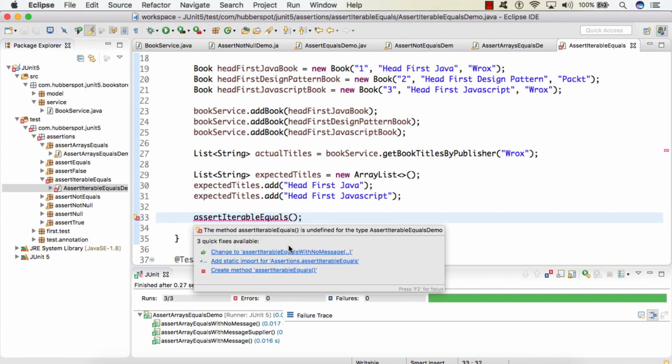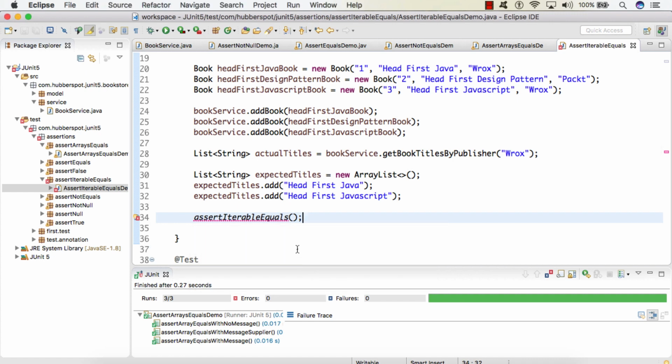We will import it from the Assertions class and we'll simply pass the expected titles and the actual titles.